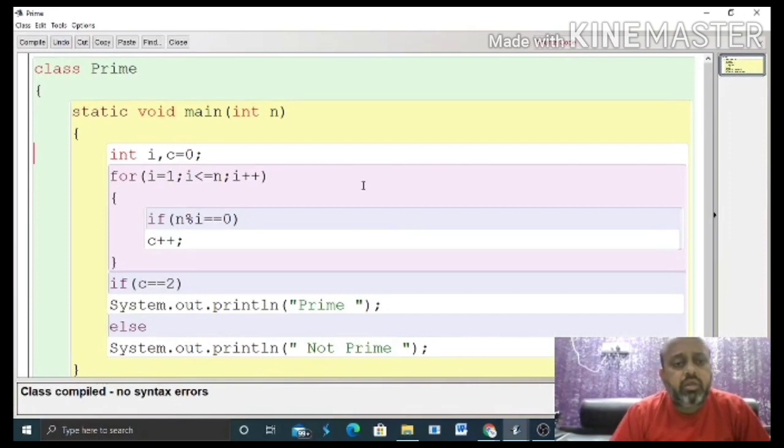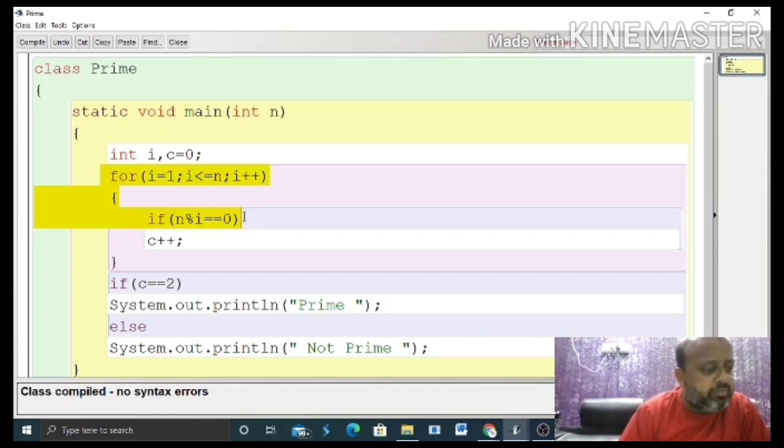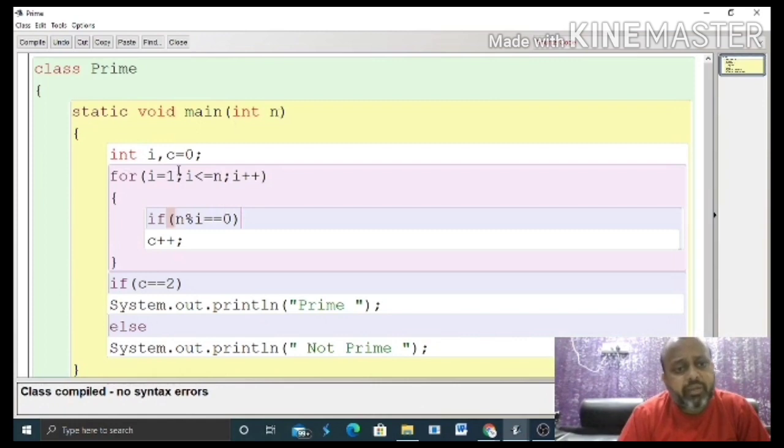Normally, in many programs, you can see the loop starts from 2 to less than or equal to n by 2. But for simplicity of the program, and for the level of class 9 and 10, what I have done, till factors, I have explained in the last video. So I have taken a number. You can see that I have taken c equals to 0. Till here, we have done in the last video. If n mod I equals to 0, it means we are getting the factors.